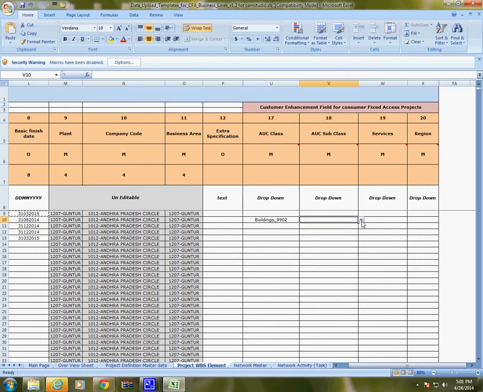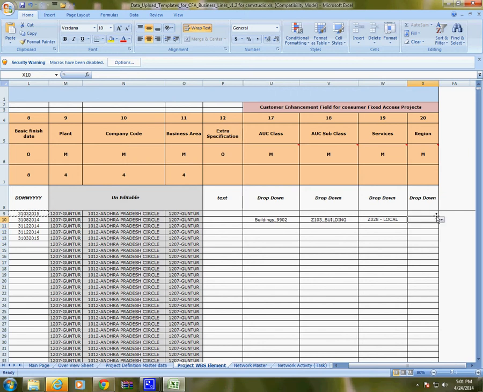The subclass will again be building, and for services, basically it is a building for exchange. So we will have some corresponding entry for this, local telephone system. So similarly for the other 3 WBS we have to fill this information.